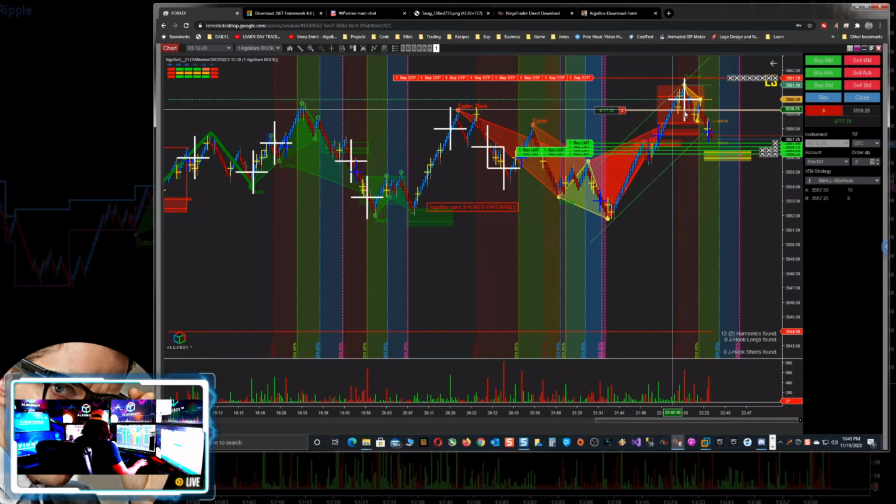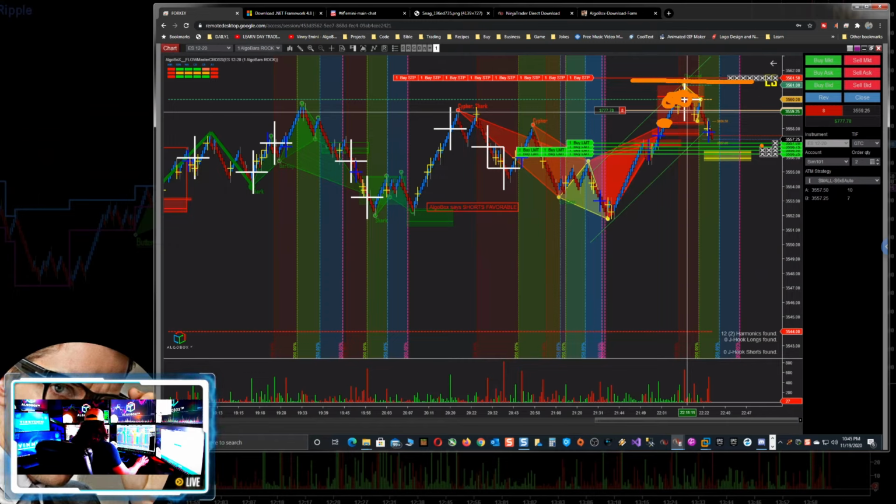We got here? I think I first started entering in on that cipher though, didn't I? Somewhere around the cipher, back of the cipher-ish. We got in on the shark back. We added to position on the cross. We adjusted our stops. Should have been at the back of this, right? This is generically called what? PRZ cross, right? PRZ cross, that is a harmonic cross. Yes, we got the harmonic